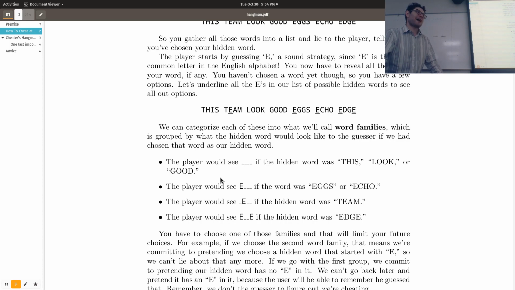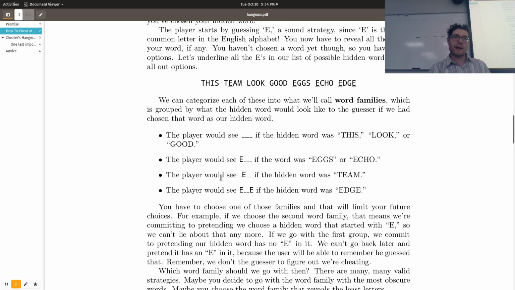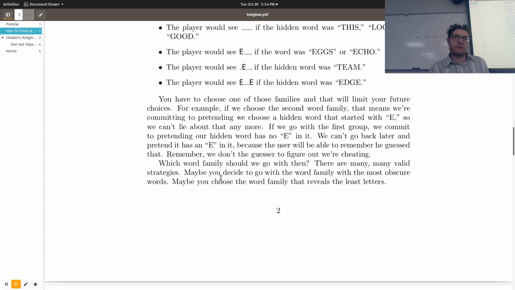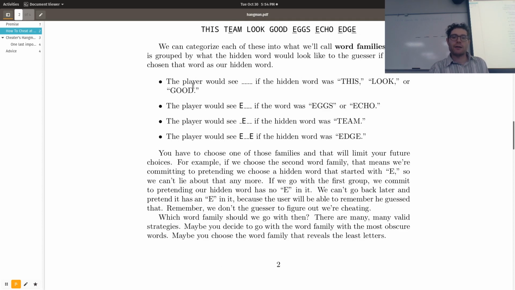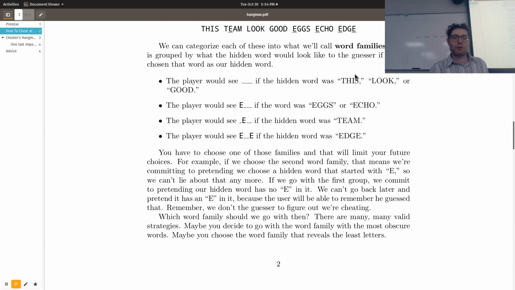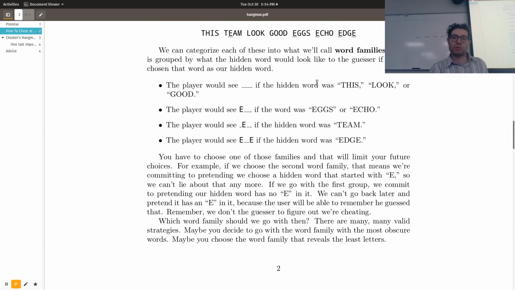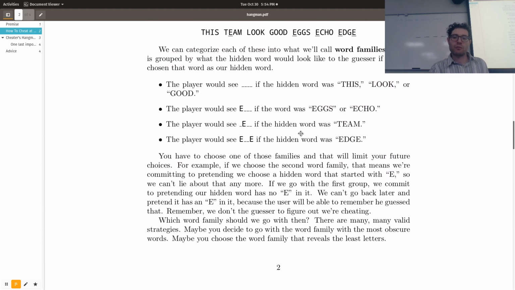So maybe you go with that word family. It's up to you which family you want to choose. That might come after, if you want to improve your program. As you can tell, choosing which word family is pretty modular. You could even do it randomly. Who knows? But I'm going to assume I'm going with my strategy, which is to choose the word family with the most words in it. So what we'll do is